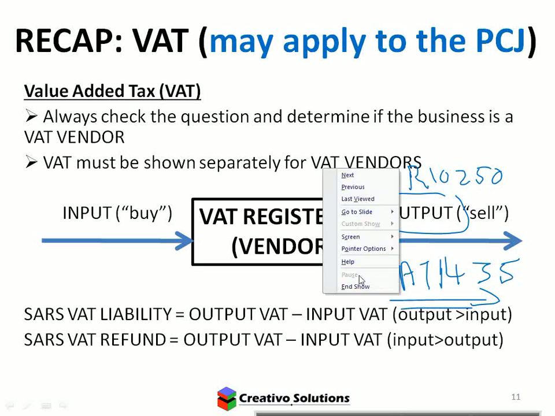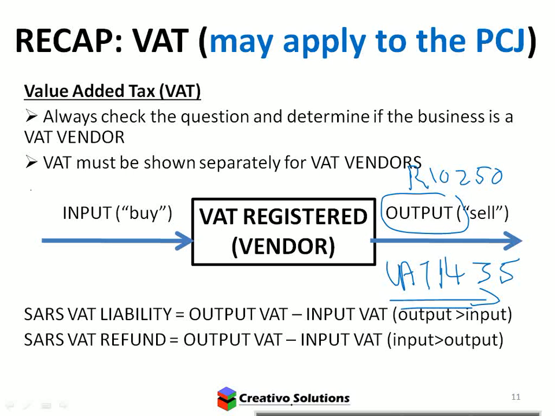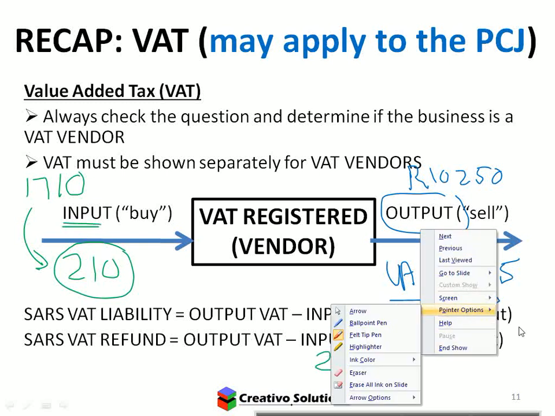Right, then they told you that you bought goods to the value of 1710. Okay, and when we worked out the VAT, we got 210 as the input VAT. Okay, so input VAT was 210, output VAT was